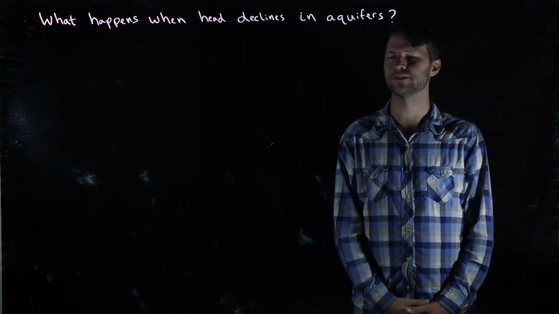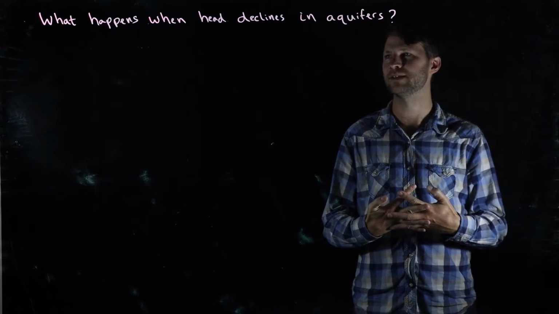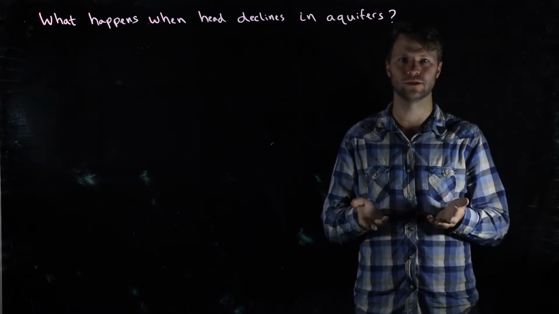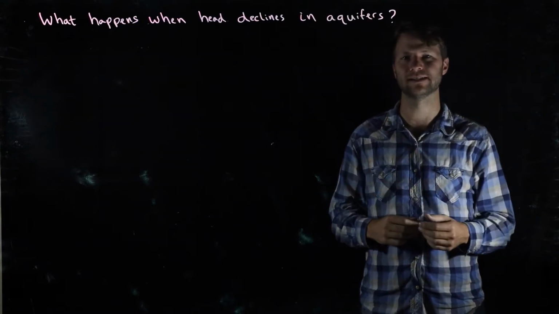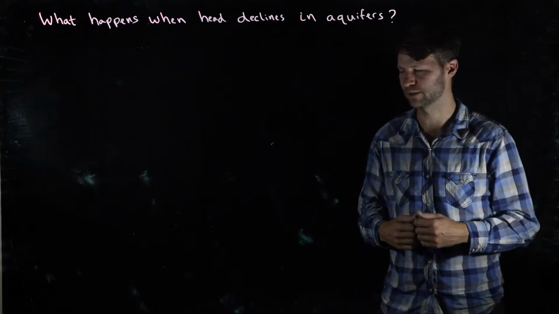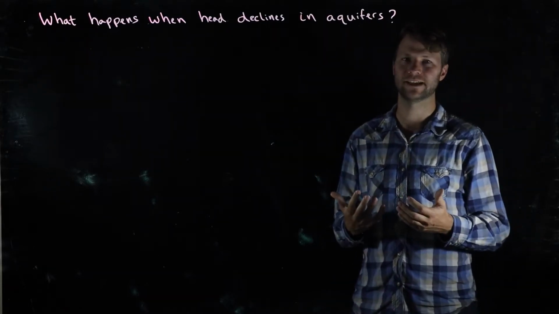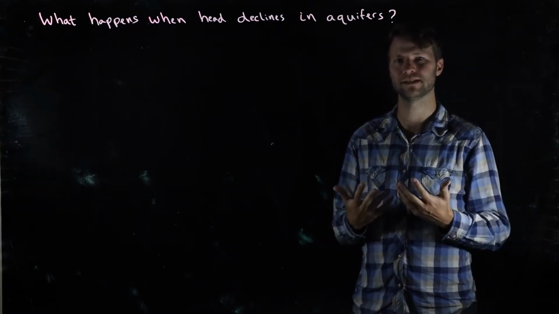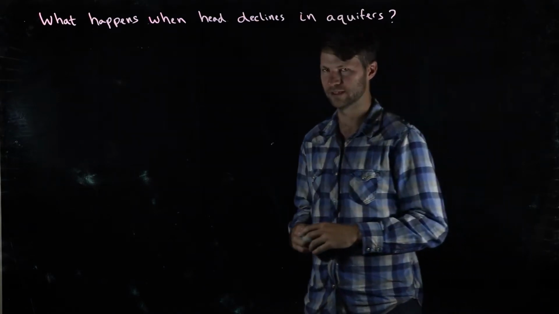In the study of aquifers, an extremely important relationship is what happens when the hydraulic head of the aquifer declines or increases, and how that affects how much water is actually in the aquifer and is coming out of the aquifer. And this is an extremely important behavior to understand if we're studying, for example, groundwater extraction and pumping, if we're looking at how much water is coming out of an aquifer and what is happening to the hydraulic head